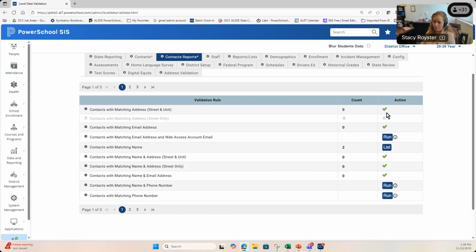Now, I'm going to tell you, that one, maybe it's good, maybe it's not. But you think about your married couples who have kids, they're all going to flag on this. So those are expected to have the same address. So if you see that that is a useful rule for you to have, you might want to leave it in there. If you're like, no, because it's going to be too much to weed through, because all of my married parents are going to show on there, if you're like, I don't even want my people to see that one,